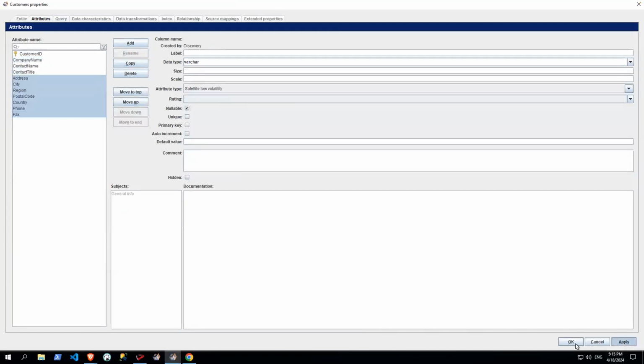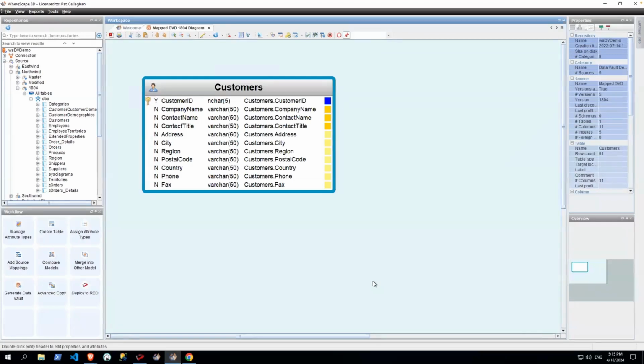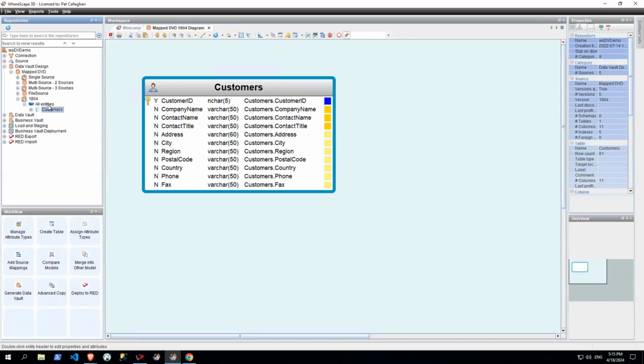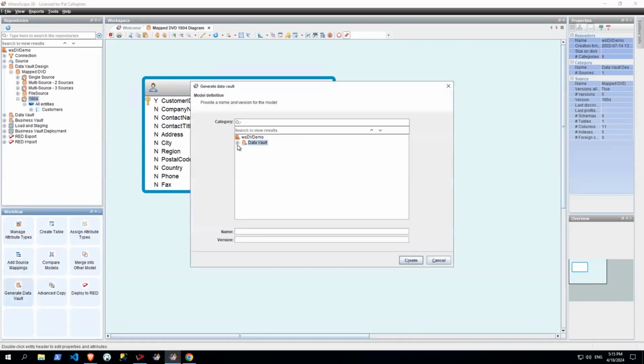If I click on apply and then OK, this window is closed. And now you can see these colors, and they signify that those attributes have been flagged. Based on this, I would expect to create a hub and two satellites. Once I'm happy with what I have modeled, I can go to my data vault design and click on this wizard,